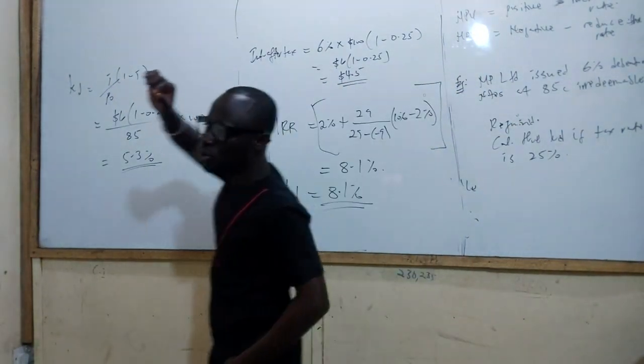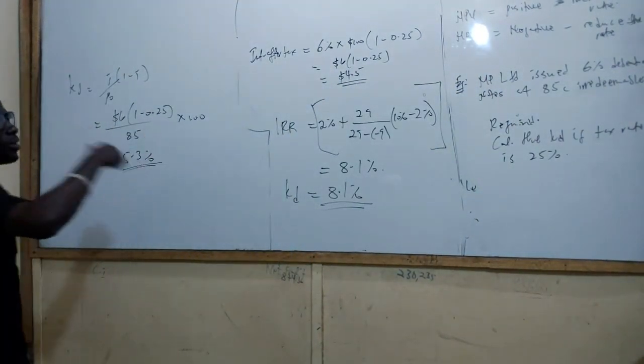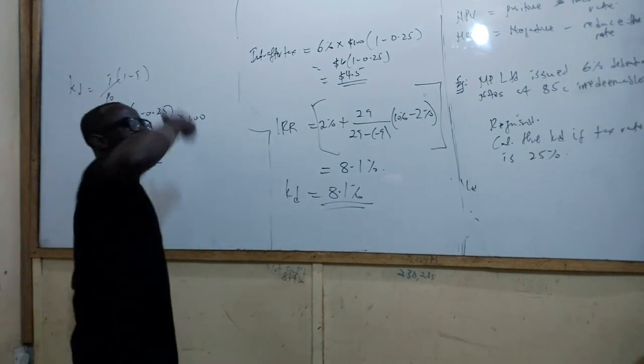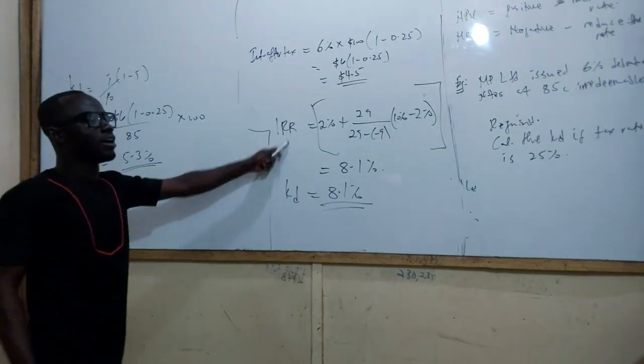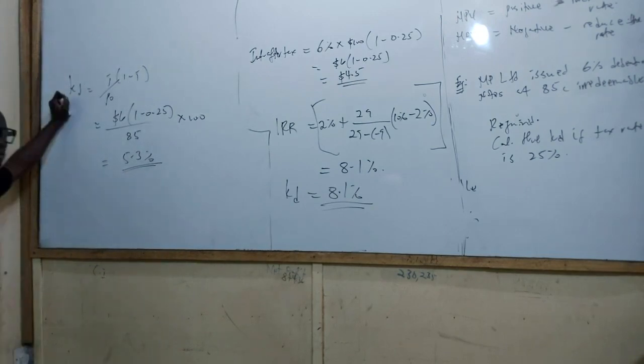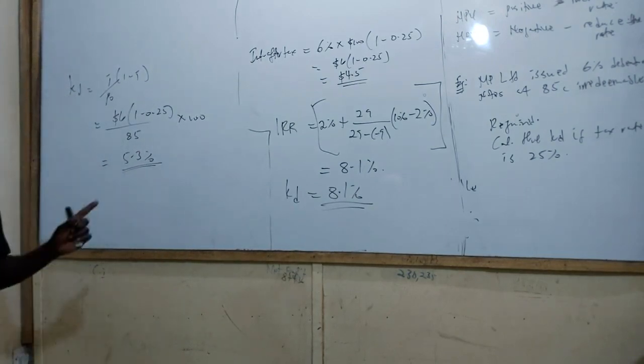So when it comes to calculating cost of debt, you must listen to the question. If it is redeemable, IRR. If it is irredeemable, use the formula. That's the principle. Finally,